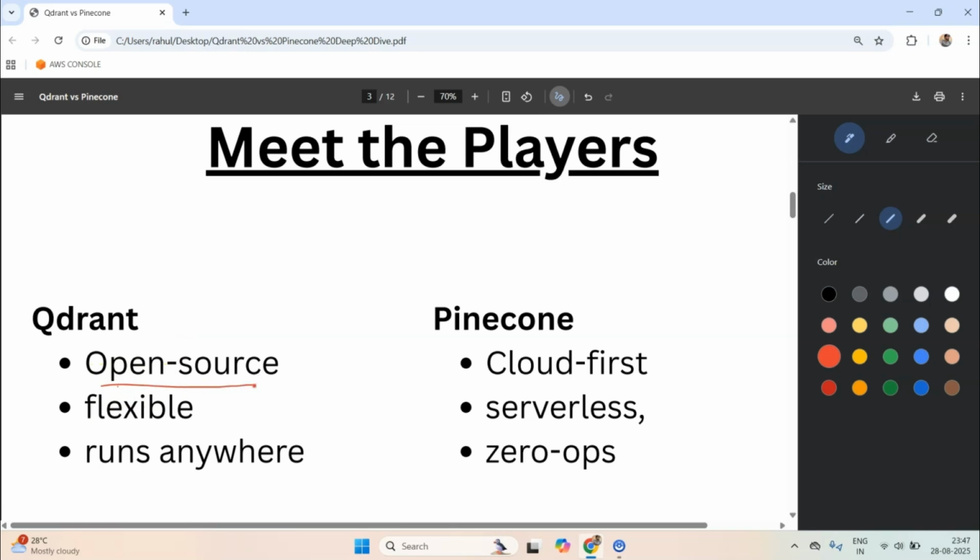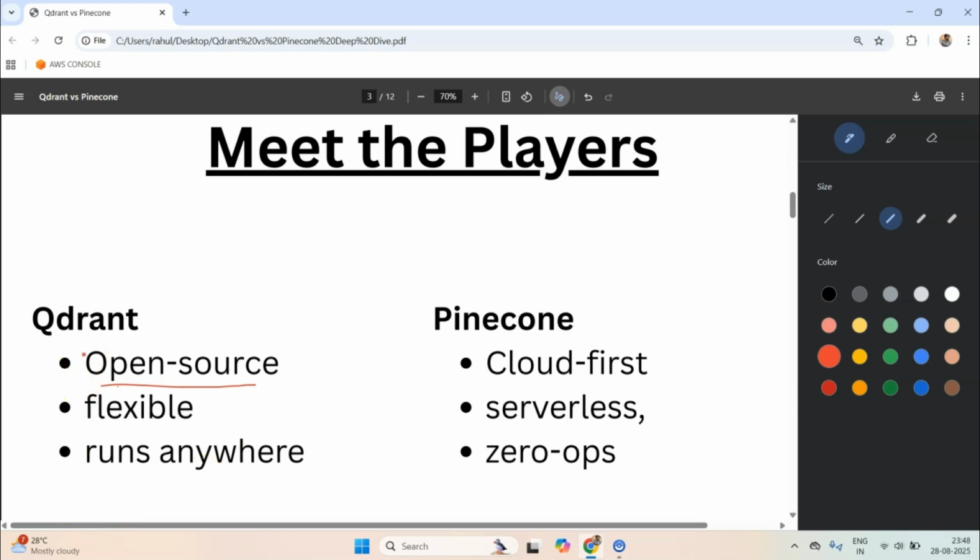I just mentioned in the beginning of the video that both of these options are managed ones. Yes, Quadrant offers a Quadrant cloud which allows you to put all the burden on Quadrant cloud, and you can make sure that all the scaling and things like that happen. But by default, Quadrant code is open source.